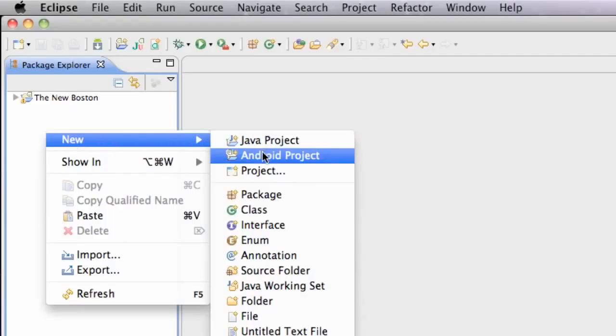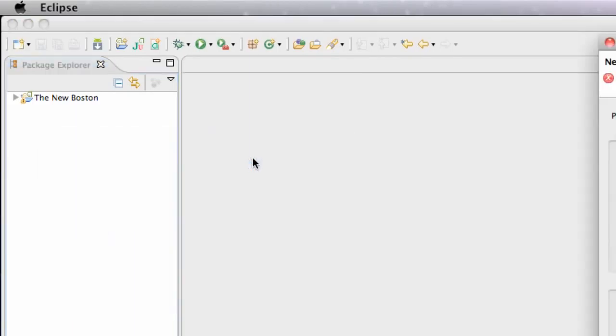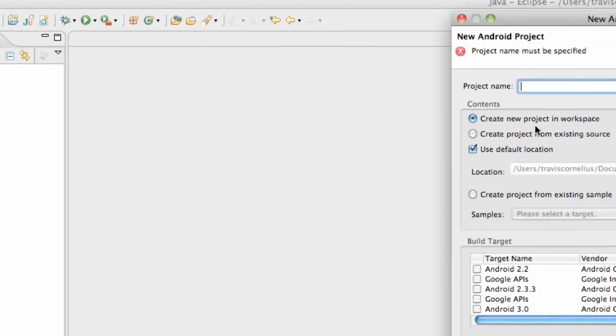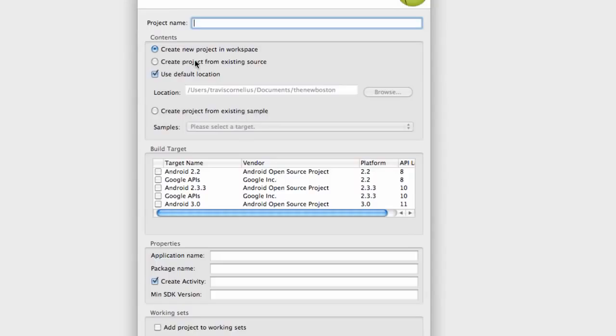Right click in that free space, go to Android project, and then type in whatever you guys want, maps, and we're going to say the new Boston, or whatever you want to label this. You don't have to follow along for our package name, but we're just going to call this Google Maps,